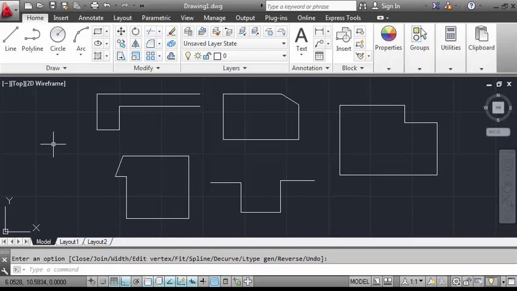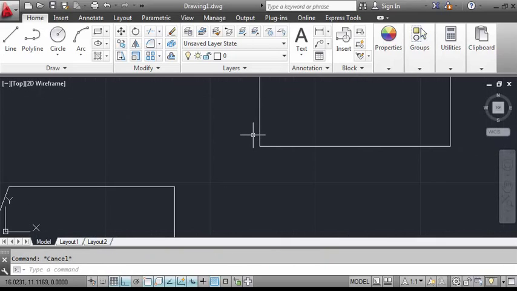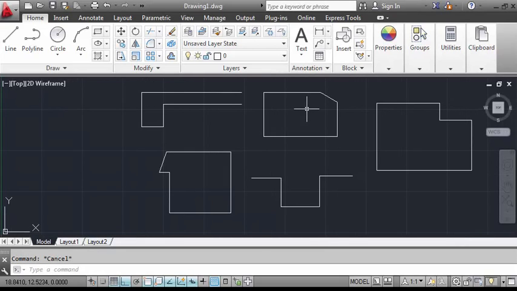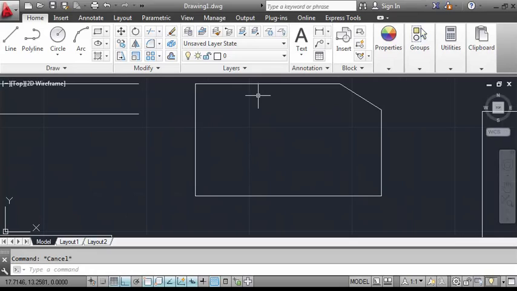Next one is weave. As you can see, this figure here is made up of thin lines. So I'm going to make it thick, or add width to the lines.